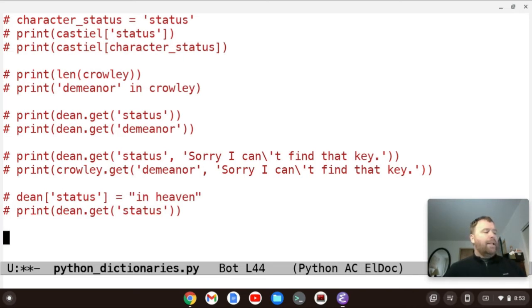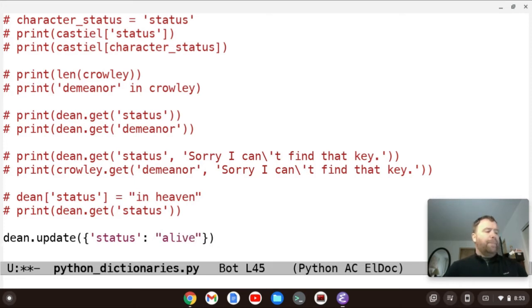Now we can actually add or change a key. So we can use the .update method. And what we can do is we can say something like Dean.update, then we pass in parentheses, then we've got to use curly braces, and we want to pass in the key we want to either add or change, which is status, and let's change it to alive.